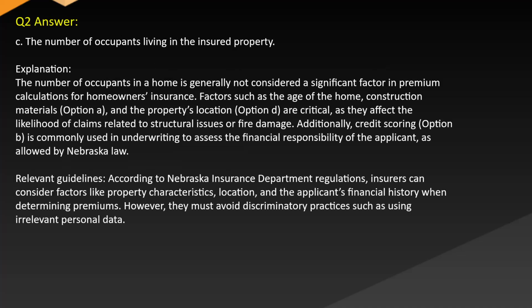Answer: C. The number of occupants living in the insured property. Explanation: the number of occupants in a home is generally not considered a significant factor in premium calculations for homeowners insurance. Factors such as the age of the home, construction materials, option A, and the property's location, option D, are critical as they affect the likelihood of claims related to structural issues or fire damage. Additionally, credit scoring, B, is commonly used in underwriting to assess the financial responsibility of the applicant, as allowed by